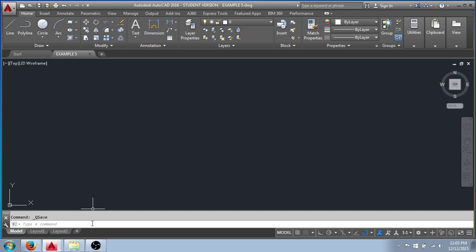And another way that we'll look at for saving is we can do it from the keyboard. You'll see at the command prompt, I'll hold down Control, and at the same time hold down S, and that initiates, you'll see at the command prompt, a QSAVE, Q being quick. This is a quick save. That's what it's referred to, and that saves your work back to the drawing file,